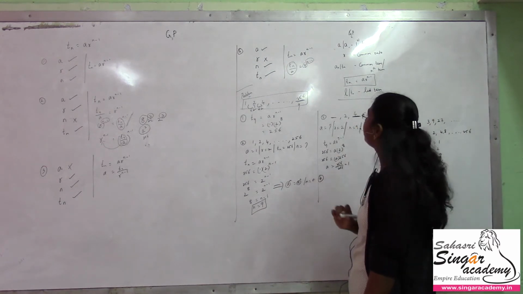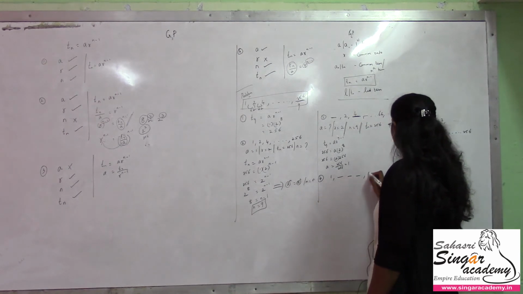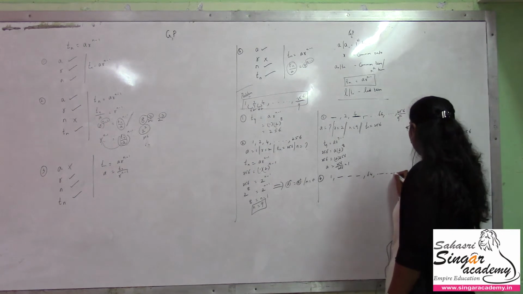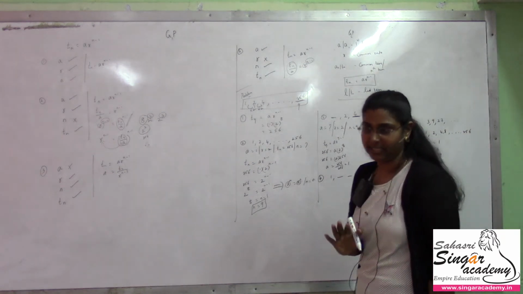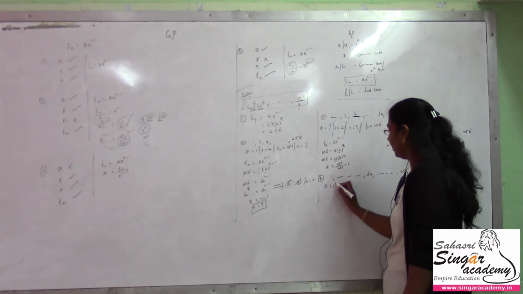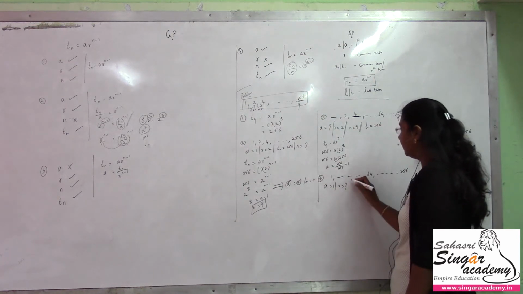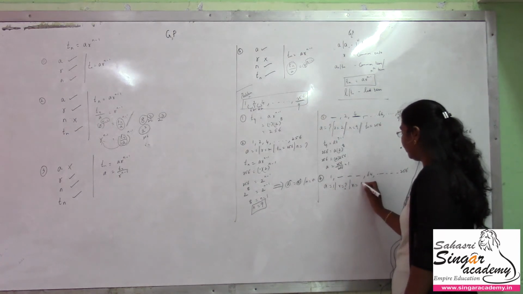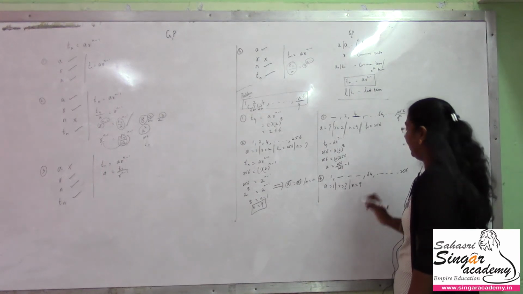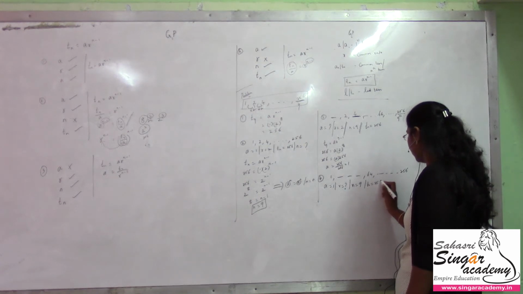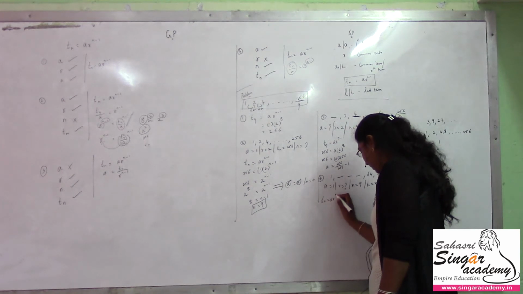Fourth case here, a value known, so 1, some value in the middle 64, and some value at the end 256, which says this progression contains only 9 terms. Appo a oda value 1, r not known nu vechikrom. The fourth case la r has to be found here, and n is known, which is given to be 9 terms of the progression nu kuduthirupanga. So 9, and tn is the last term, as I considered 256. So this is tn is equal to a r power n minus 1.